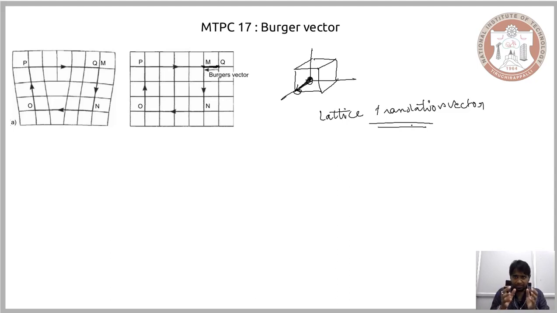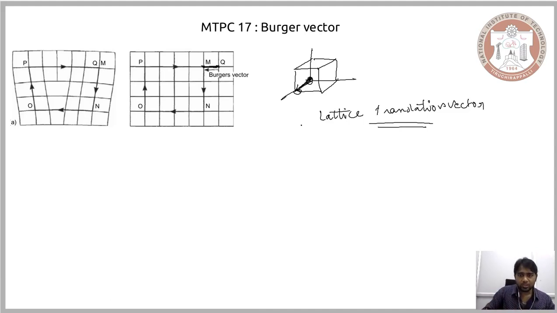The Burgers vector cannot be a lattice translation vector if the atom is found in an interstitial position. In case you have a combination of a point defect and a dislocation, and the Burgers vector is not equal to the interatomic spacing or the unit cell dimension, but is the distance between an atom and an interstitial position, then it will not be a lattice translation vector. So a dislocation can have a lattice translation vector when its Burgers vector is equal to the interatomic spacing in a given crystal structure.